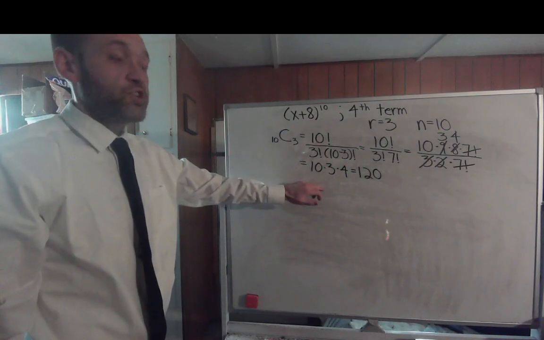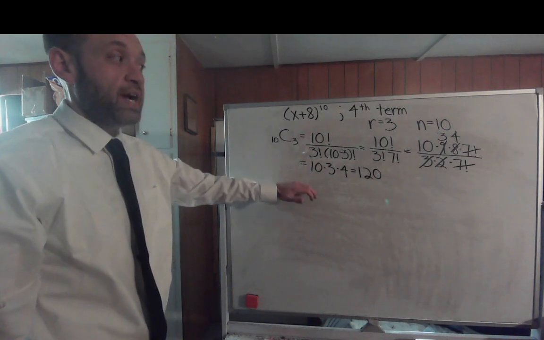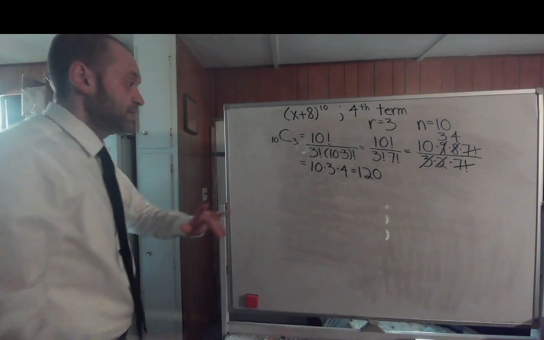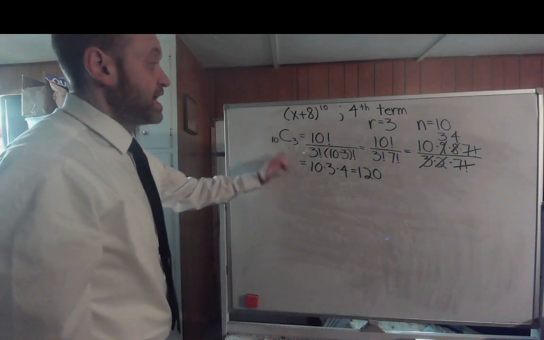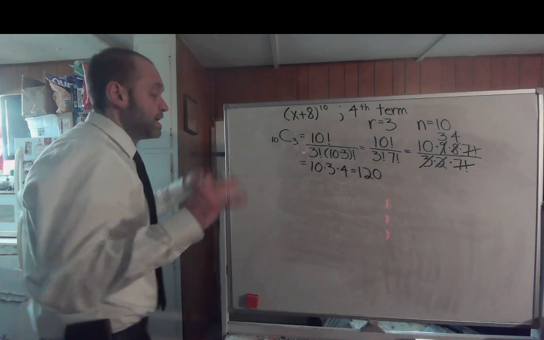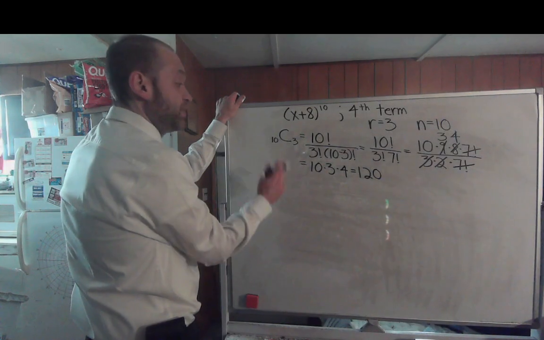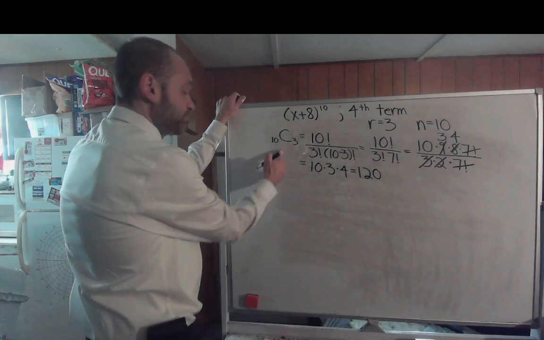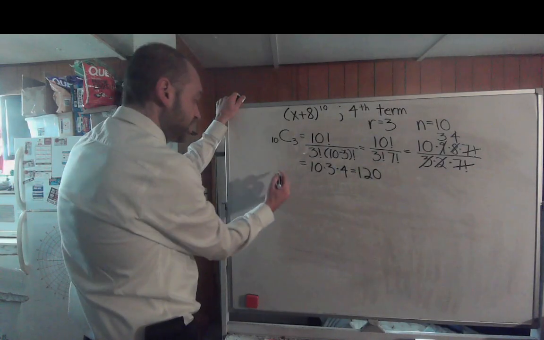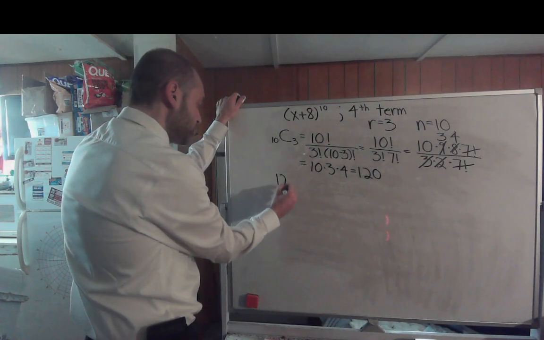That's going to affect your overall coefficient of what the actual term is. But we at least have a start here. Now we're going to take the formula to find the actual term. We'll take this 10 things 3 at a time, so that would be 120